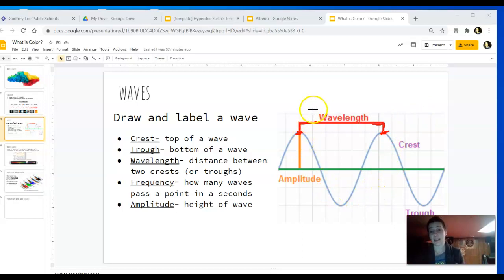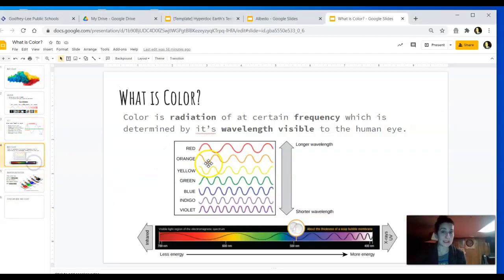So it determines what kind it is, if it's a color, an X-ray, a gamma ray, that different type of thing. So when we look down here at different colors, we can see colors are different wavelengths of radiation. And you can see here that we have red, and this has the longest wavelength. And then as we move through the rainbow, red, orange, yellow, green, blue, indigo, and violet, your ROY G. BIV, you can see that these wavelengths get shorter and shorter and shorter. Right? And when we're actually seeing different colors, what we are seeing is the different wavelengths.